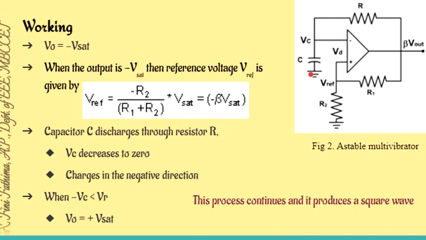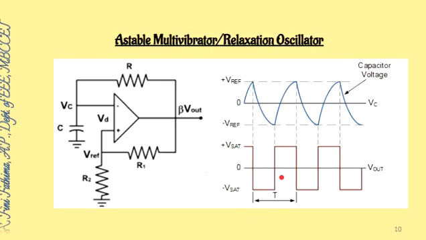Then it will start to charge in the negative direction. So VC increases in the negative direction, and when the voltage of VC, that is minus VC, is greater than this minus Vref, the output switches back to plus VSAT. So when minus VC becomes more negative than this reference value, the output will be plus VSAT. Okay, so the waveform switches to plus VSAT. That is, first it was in plus VSAT, then